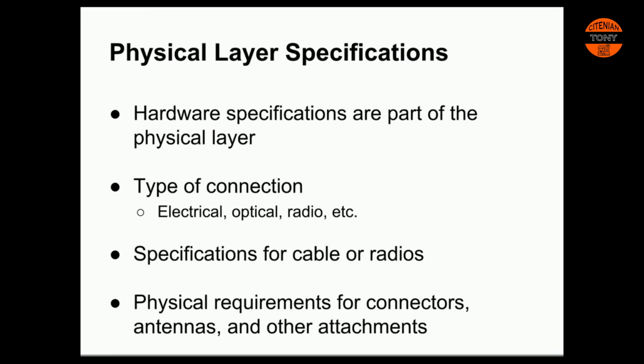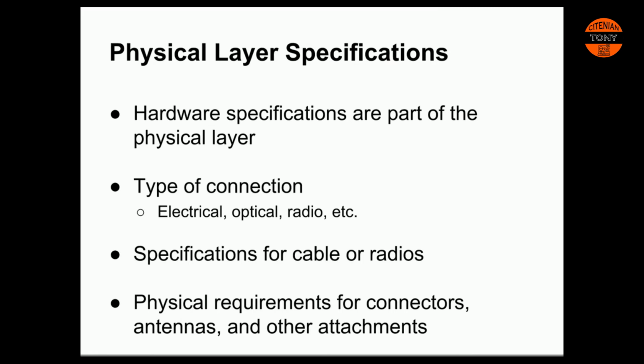Now conceptually, in addition to providing the hardware, the physical layer also specifies certain properties of that hardware. So things we have to specify include the type of connection. Do we have an electrical connection? Do we have an optical connection? Is this a wireless radio connection? We need to provide specifications for what kind of cable or what kind of radio we're going to be using